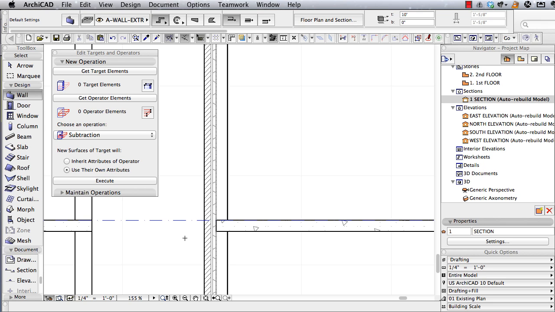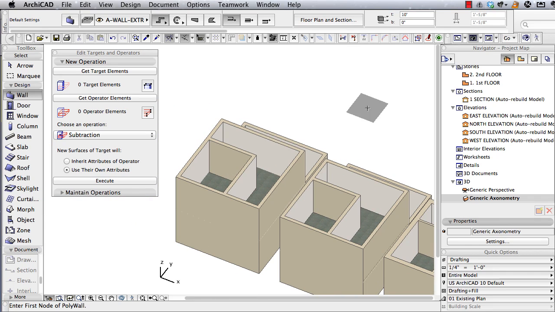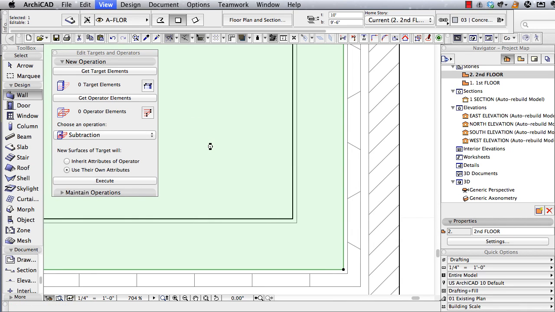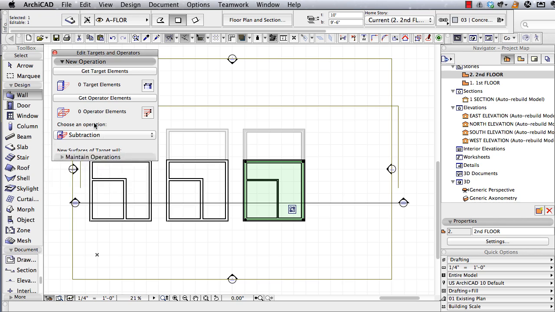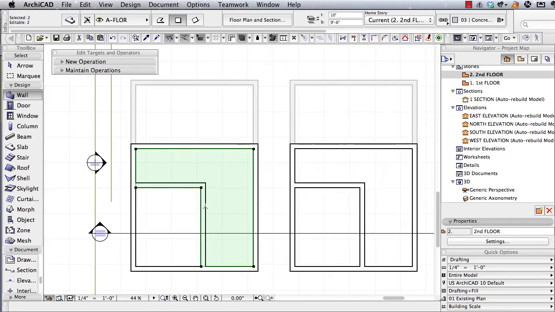So let's look at another topic that comes up from time to time, and that is what happens when we want to have a slab like this actually have one material in one area and a different material in this room, for example, or multiple different ones in different rooms in the building. Well, a simple way to handle this is to select this slab and remove the area using the pet palette subtraction. Remove the area of this room, and then I'll just eyedrop it so I can draw another slab that's